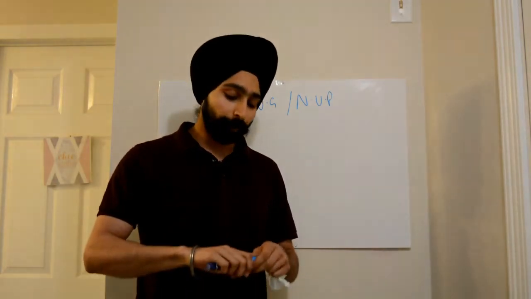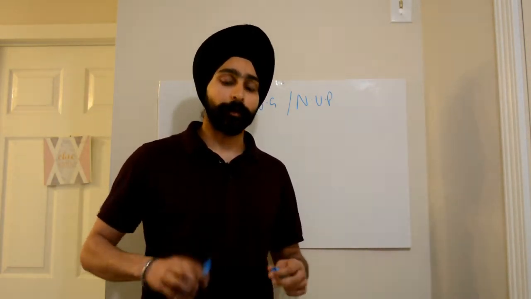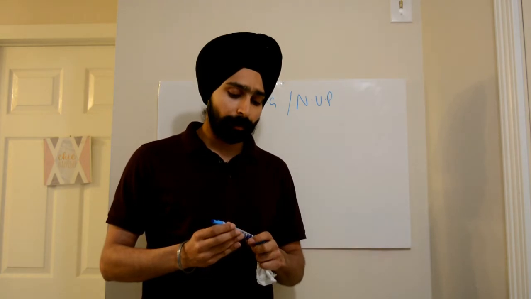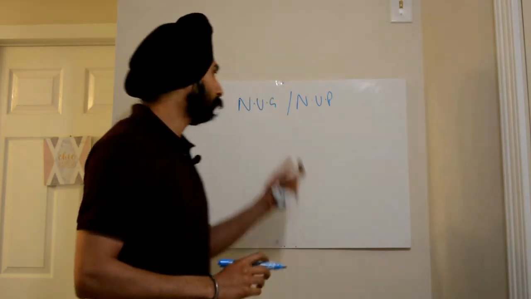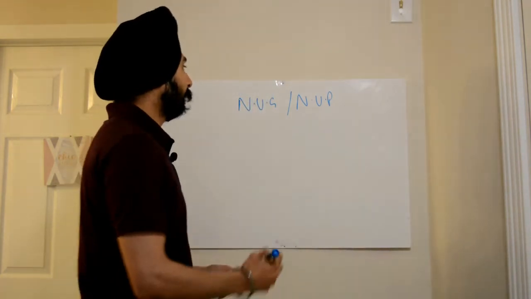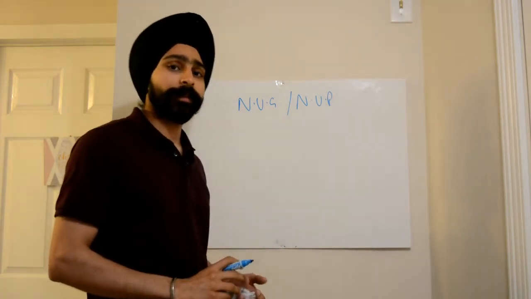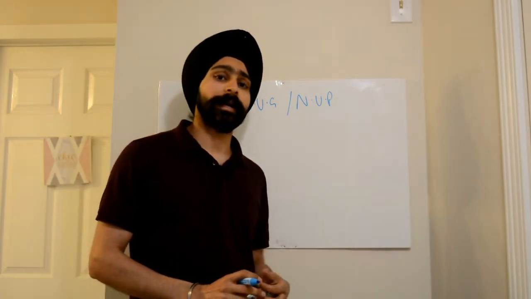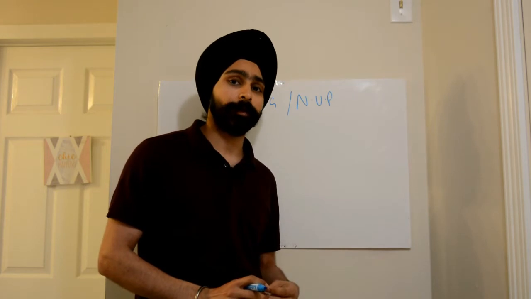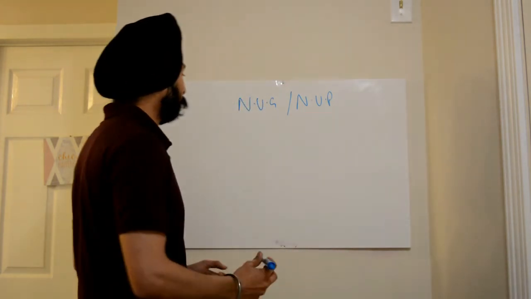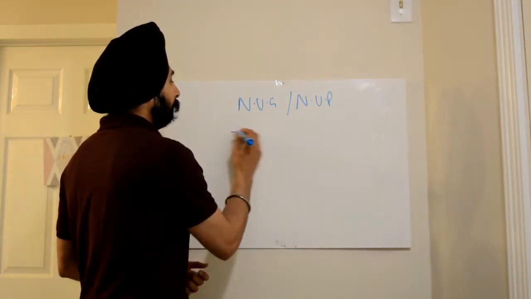Friends, this topic is also very important from periodontics because a lot of time you may get question out of this topic, that is NUG or NUP, that is necrotizing ulcerative gingivitis and necrotizing ulcerative periodontitis. What are the features of NUG or NUP? The main features are